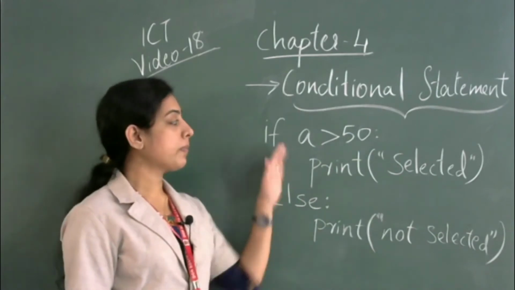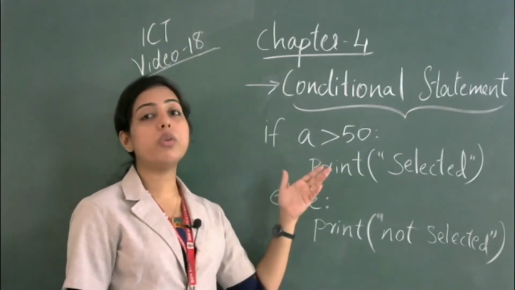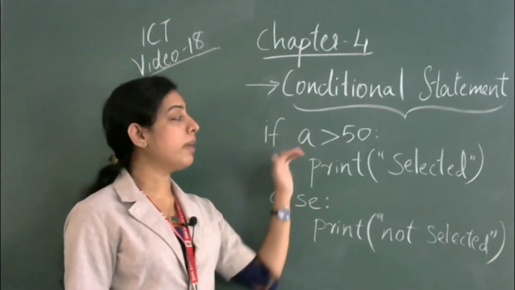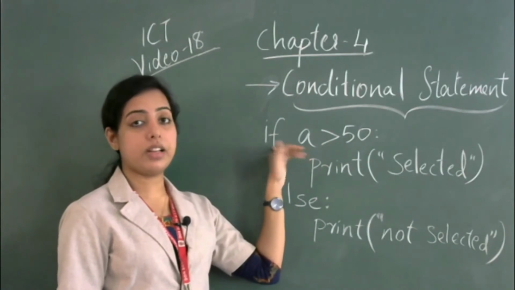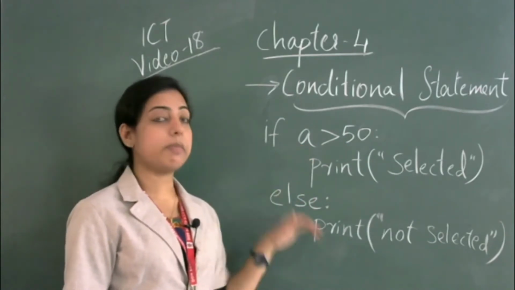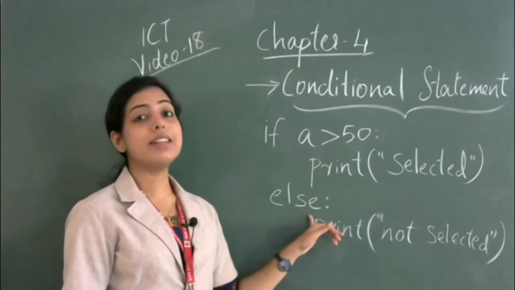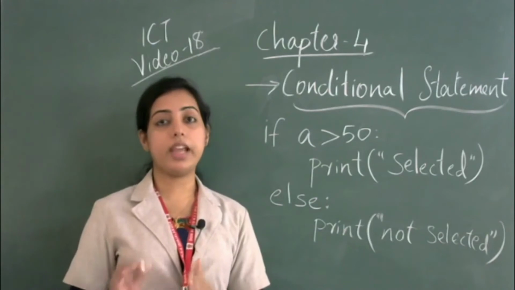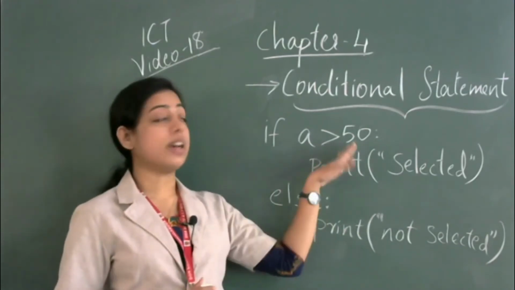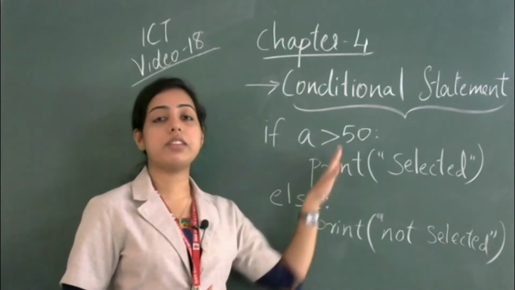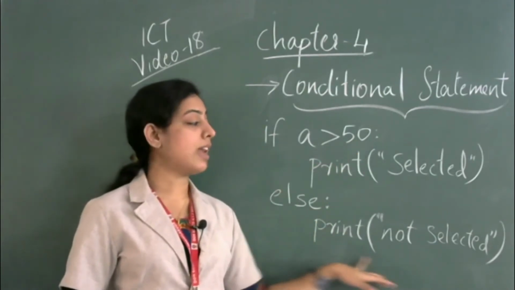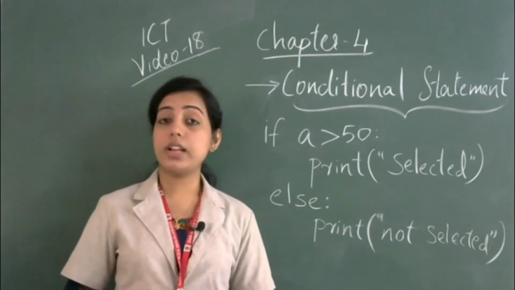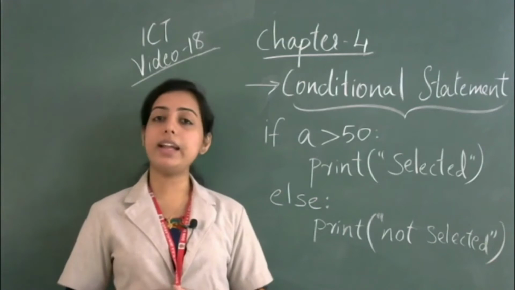Otherwise, what will happen? If the condition is wrong, no output will be there because we are not specifying the else condition. So the correct statement is displayed using the if conditional statement, and for the incorrect statement, this if is expanded to the else condition. So this is the conditional statement called if else, to check whether a condition is correct or incorrect. If it is not correct, it will automatically take the else condition, and the displayed output will be you are not selected. So let's do that program using Python IDLE software.